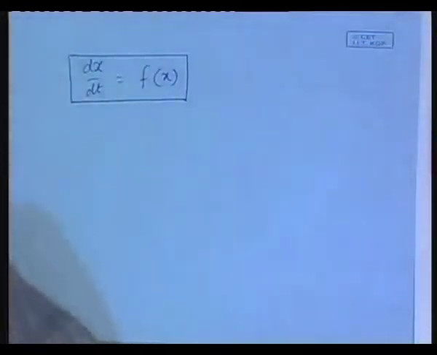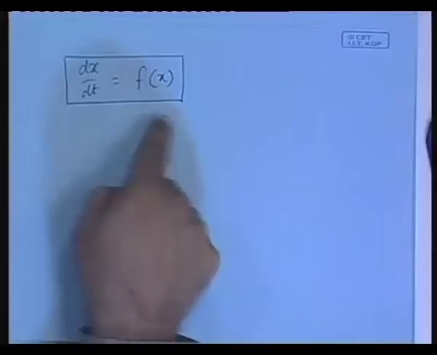Now, if it is a one dimensional system, can you think of a one dimensional system? Not really. Pendulum? No, pendulum is not a one dimensional system. It is actually a two dimensional system, because, okay, why? Okay, then in order to test how much you remember, we will today at some stage derive the differential equation for a pendulum, and we will see. But if you write this differential equation like this,